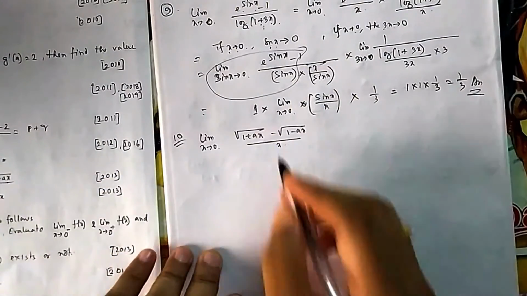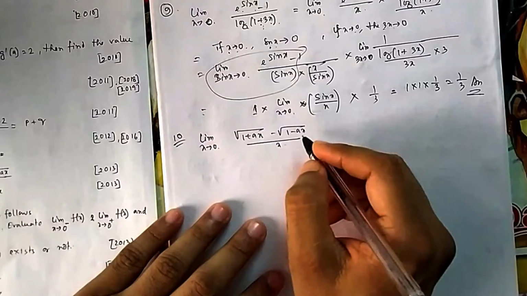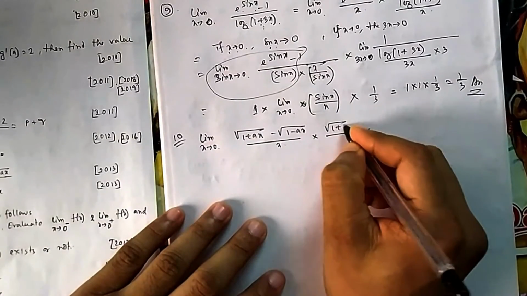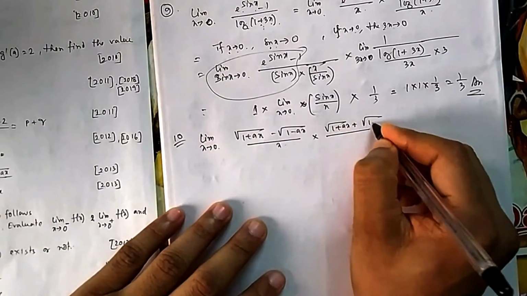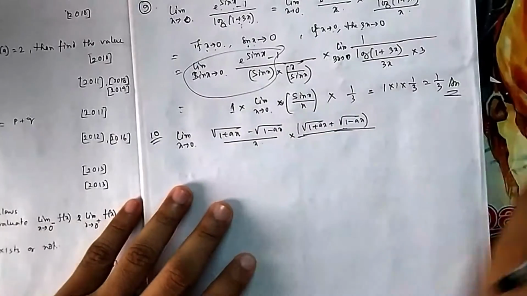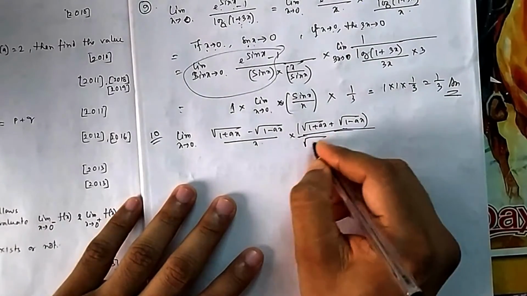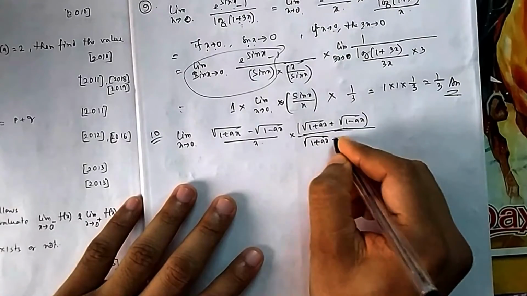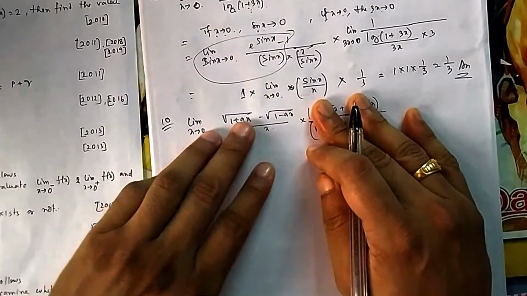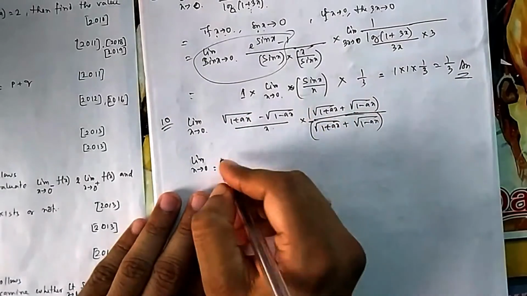Now if you come to question number 10, again this square root. So how to take care of this one? You rationalize it, multiply it by the conjugate part, that is plus 1. For this square root type or irrational type questions, you always rationalize it. This is your first job. Whether it is in the denominator or numerator, don't see, just rationalize it. You can try also. If you put 0, you will see it will be 0 by 0 format.